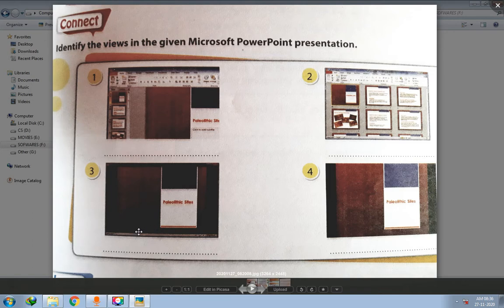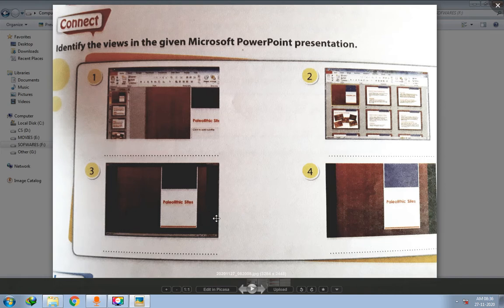Third one is notes page, N-O-T-E-S-P-A-G-E, notes page. It is a view type. And finally you should write slide show view, S-L-I-D-E space S-H-O-W space view, slide show view.